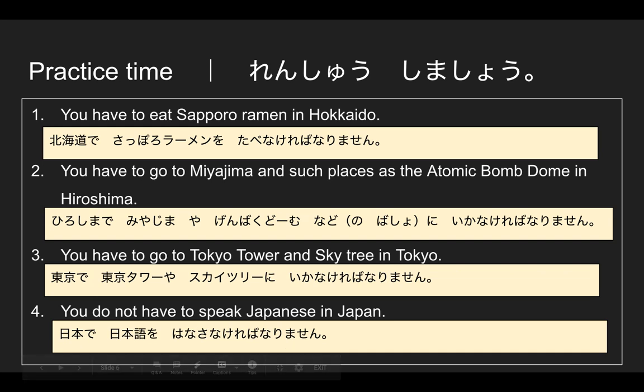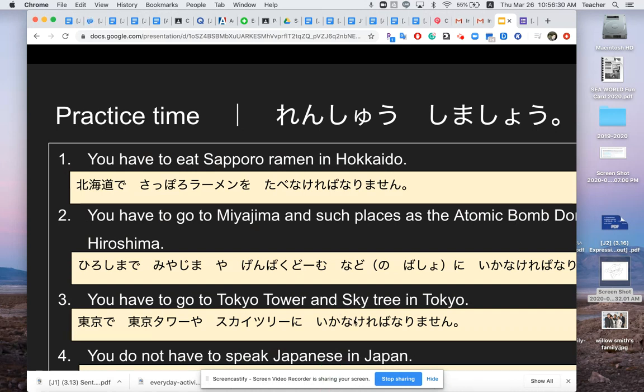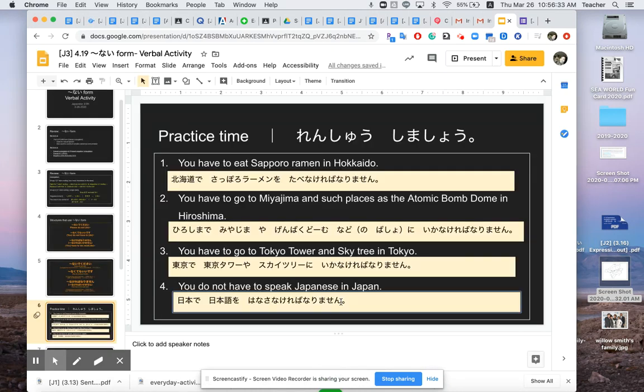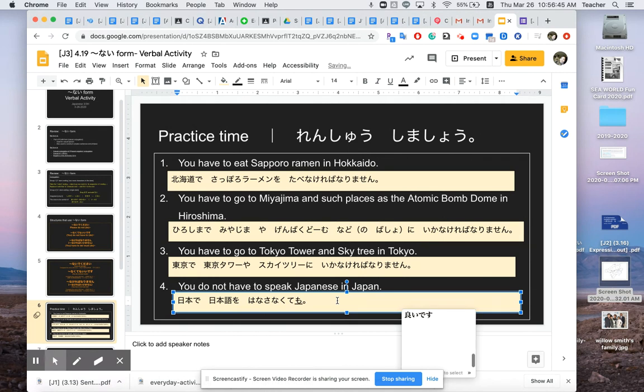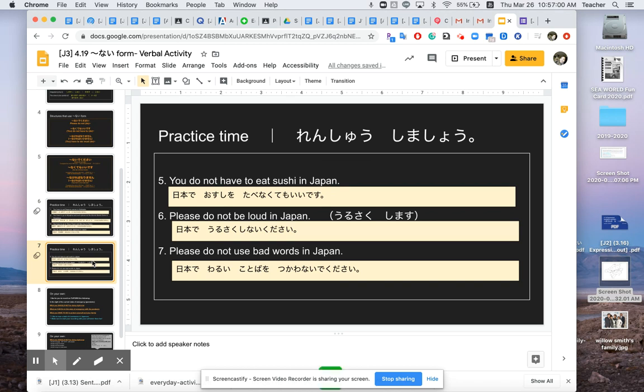This one, you do not have to speak Japanese in Japan. 日本で日本語を話さなければなりません. Oh, it says you do not have to. Sorry. 日本で日本語を話さなくてもいいですね. Let's go fix that. くてもいいです. あれ? Okay. では次行きましょう。